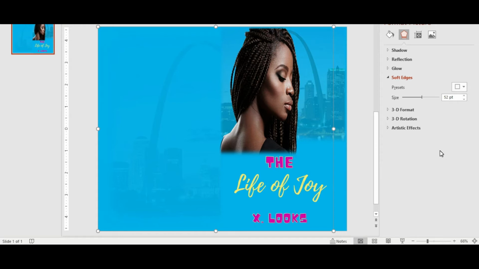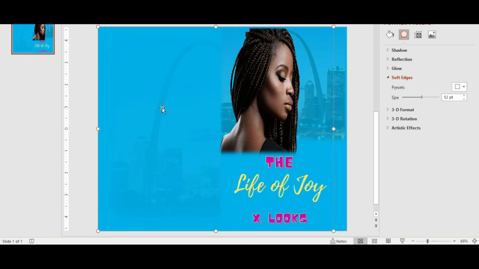And so what I'm going to do is save this as a JPEG, save as, browse. And we're going to say full cover tutorial, and then I'm going to save it as a JPEG, because now I'm going to move over to Canva. Oh, before I do all of that good stuff, the main reason why we're here, let's go back. I apologize. The main reason why we are here is so that, I mean, you can add text in Canva, but I think I'm going to go ahead and add the text here